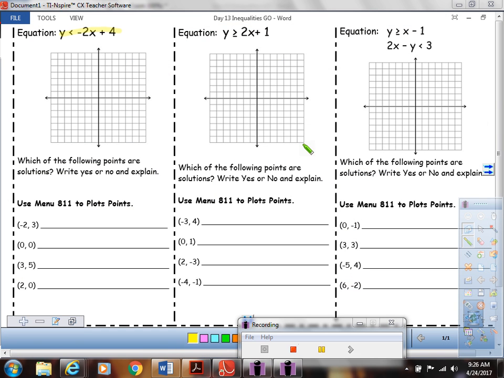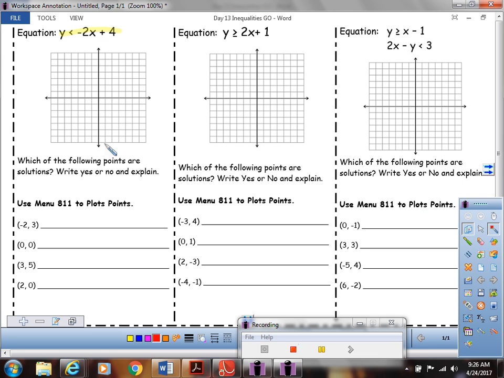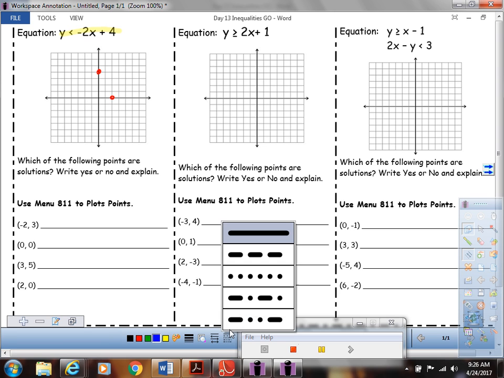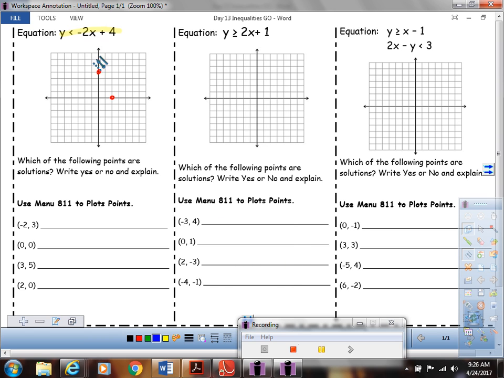So on the graph that they have for you right here, let's graph 0, 4, 1, 2, 3, 4. And let's do the 2, 0, which was your x-intercept. Let's make a dotted line, because remember it was dotted. So you're going to make a dotted line like this, connecting the points. And then you can use a marker or a highlighter, whatever you've got, and let's shade this part. Less means you're going to shade below the line, because it's less.